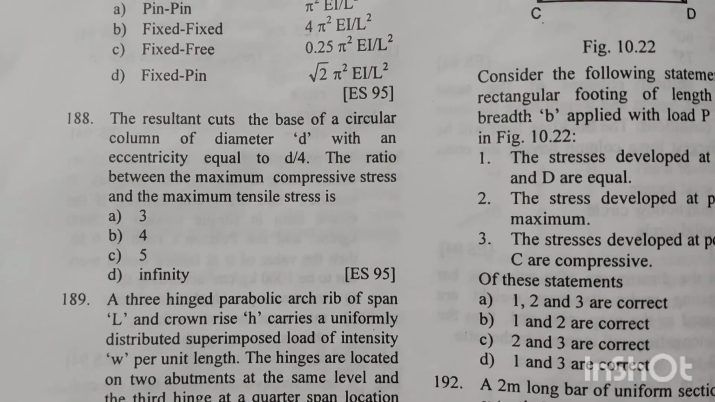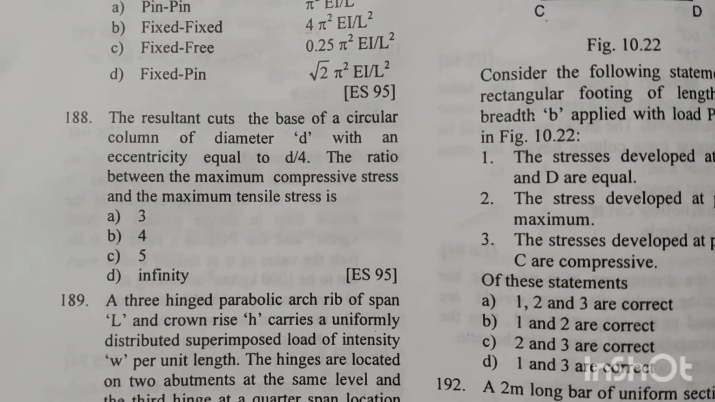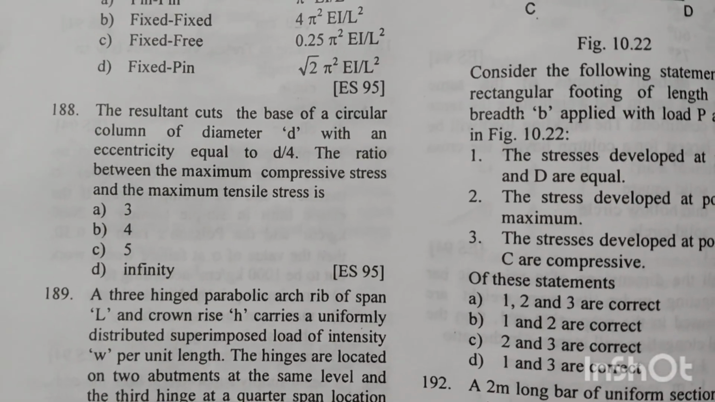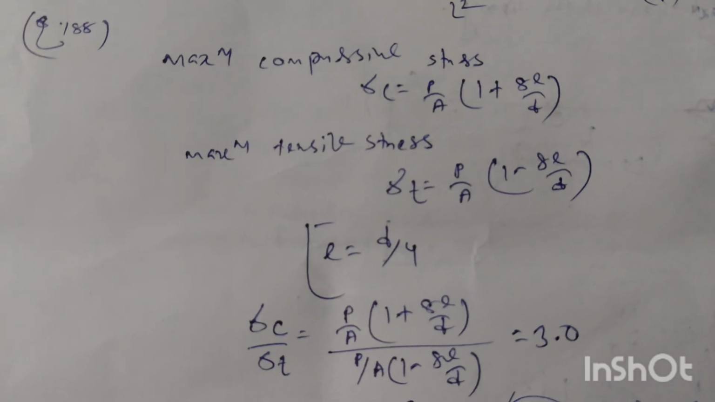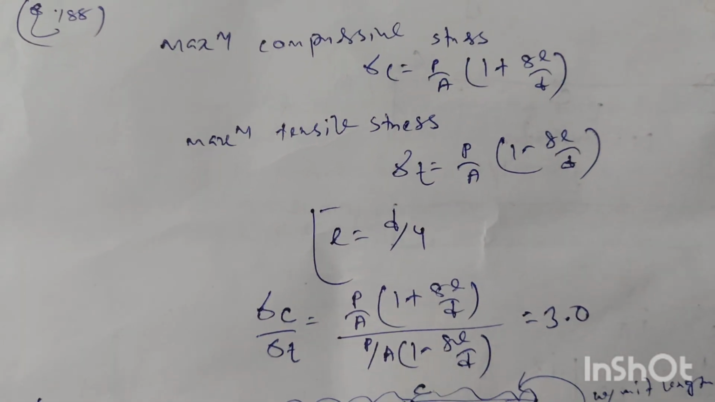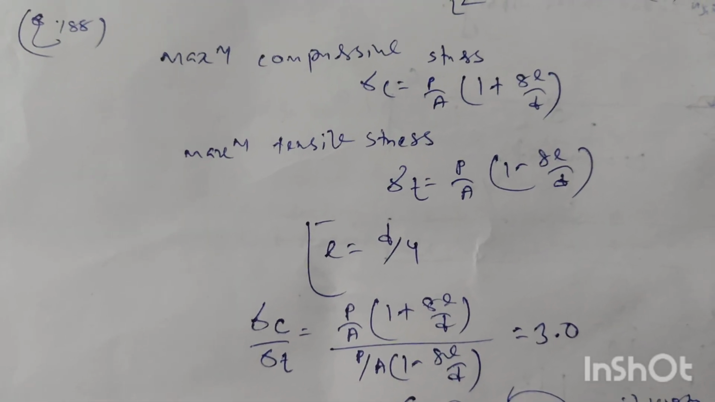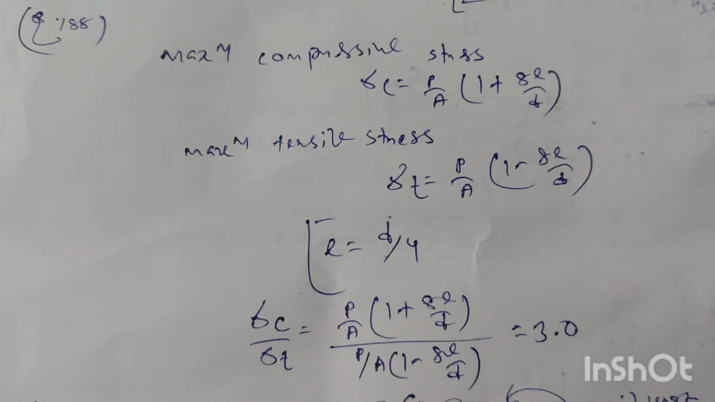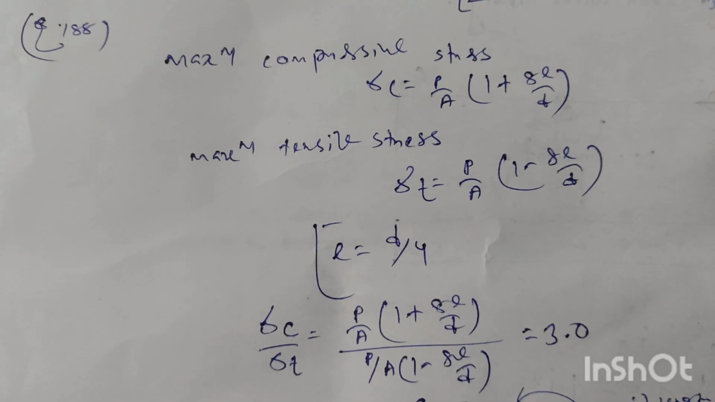188. The resultant cuts the base of a circular column of diameter D with an eccentricity equal to D by 4. The ratio between the maximum compressive stress and the maximum tensile stress is the value. Maximum compressive stress sigma C will be equal to load P by cross sectional area A into 1 plus 8E by D. E is the eccentricity and D is the diameter of the circular column, and maximum tensile stress sigma T will be equal to P by A into 1 minus 8E by D,